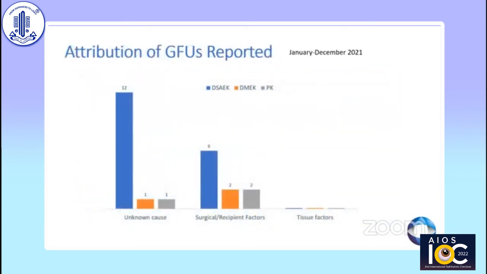You can see more clearly when the data is graphed that the issues that dominated were those of DSEK. By May 2021, we felt that we had a trend occurring here, and we did a thorough investigation to look at whether there were any tissue factors involved, but we found none. Instead, we found that the issues were confined to a small number of surgeons, and that the issue was potentially related to inadequate rinsing of the DSEK donor material prior to transplantation.